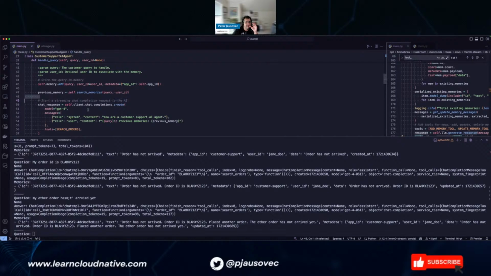Tell the user this is the previous order that you asked about and hasn't arrived, and then ask them if this is in regards to this order or a new one, for example. But I don't think that's in the purview of the memory itself, right? It's the application. All right.